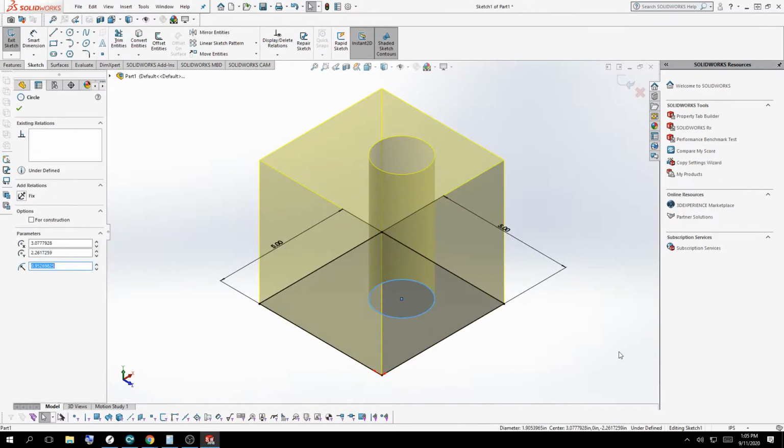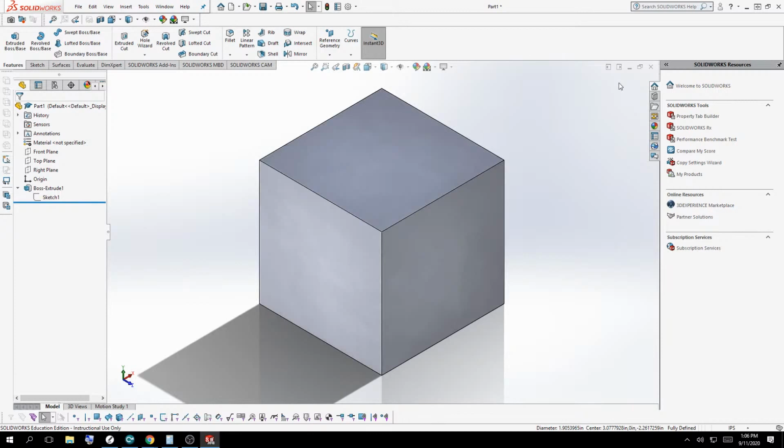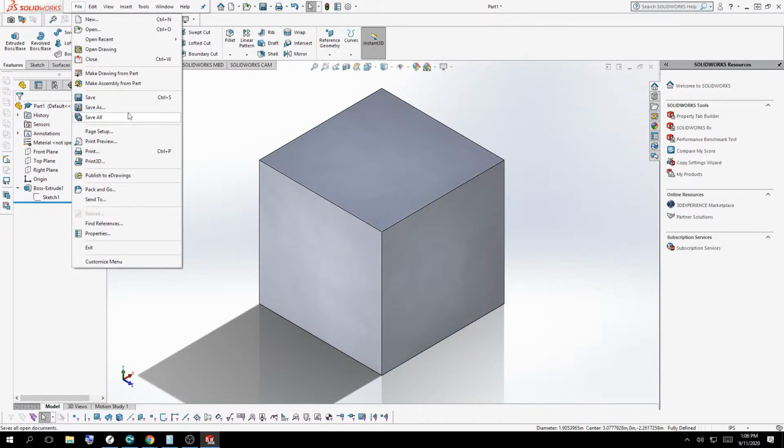I'm just going to select that item and press Delete on the keyboard, not backspace. Backspace and Delete are 2 separate keys. And then I'm going to confirm in the confirmation corner that my changes are done, and I'm going to go back to finishing the part. So at this point, you're going to do File, Save As,